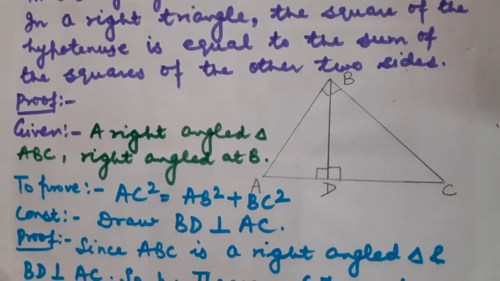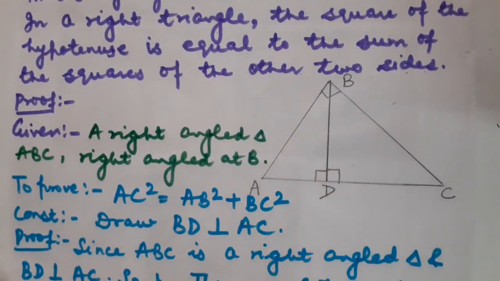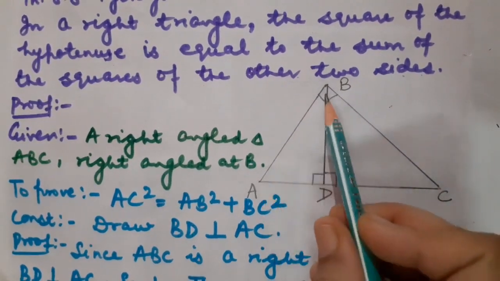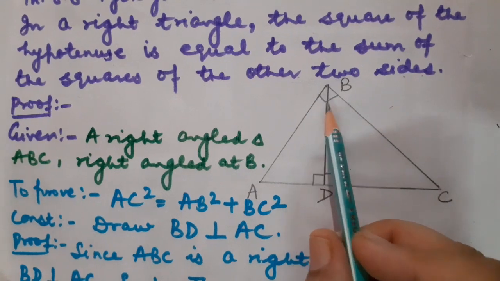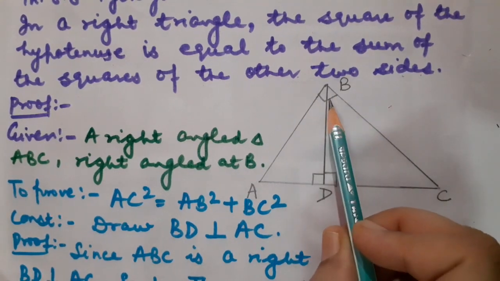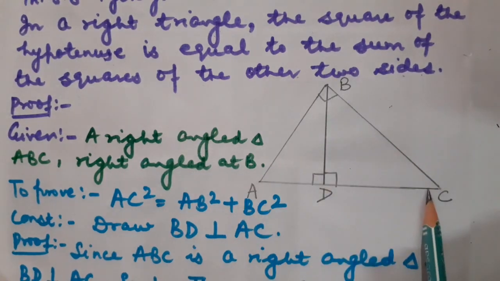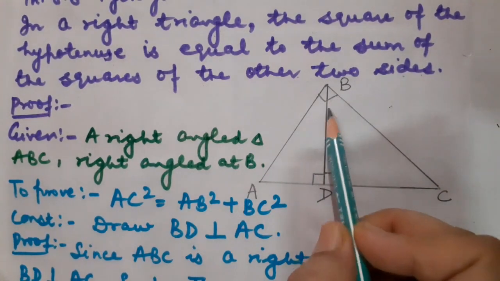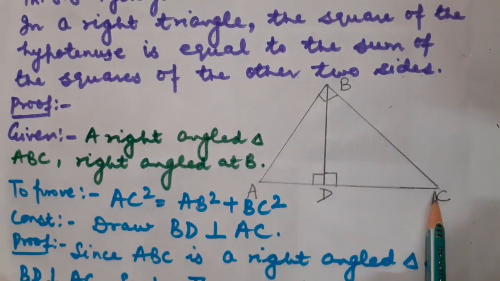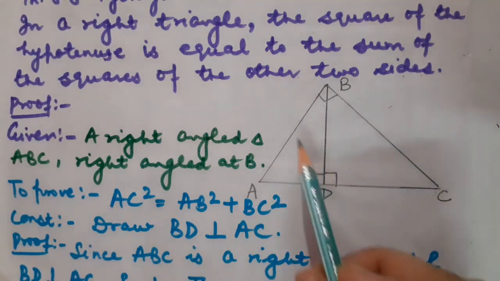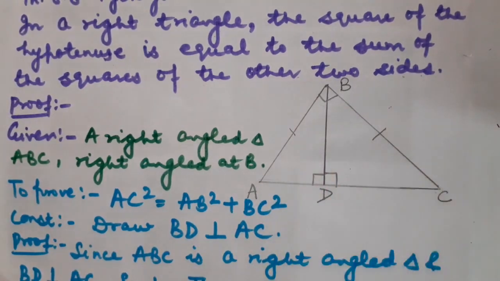Okay. So children, this is the right angled triangle which I have drawn. It is right angle at B. Triangle ABC, which is right angle at B. You know that the side which is opposite of 90 degree is the biggest side and it is known as hypotenuse as well. So here I have taken AC as the biggest length. You can see in the diagram as well. Okay. So what I have to prove? I have to prove that AC square is equal to AB square plus BC square. This is actually what the theorem says.